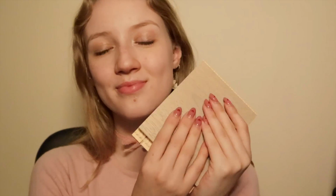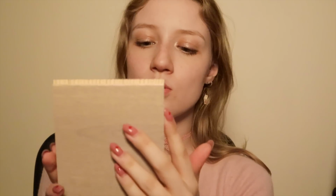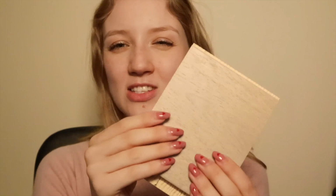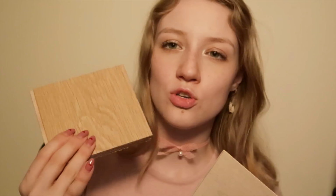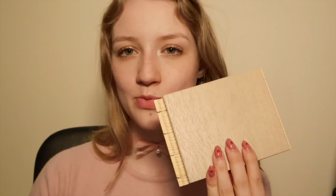So, one last one. We have this one. So this is again oak, but this is in grey, as you can see. I wouldn't say it's entirely grey. Maybe a bit more beigey. It just has this lacquer over the top. And it's this nice matte shade too, so you don't get the same sort of shine that you do with this one. This one is a bit more